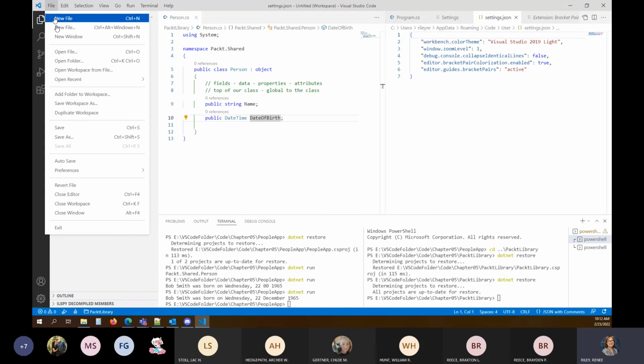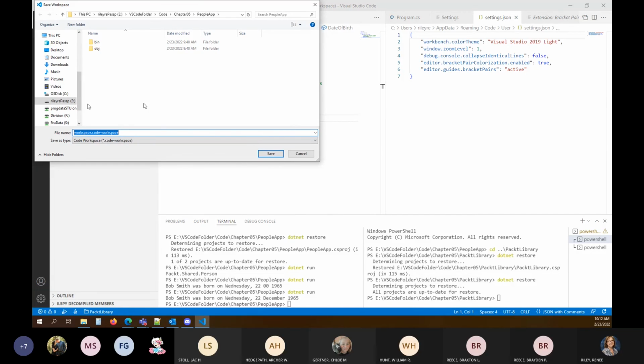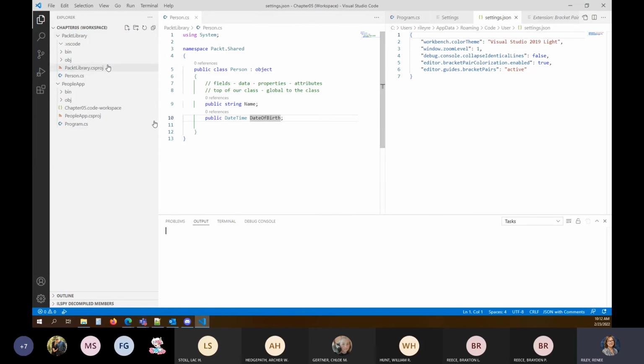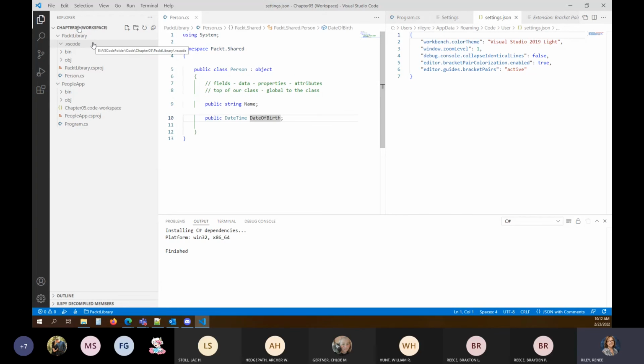So I'm going to save workspace as Chapter 5, so that it has a better name. Oh, that looks good. Now I should be able to open that workspace next time when we come back and continue on with all of our pieces together.